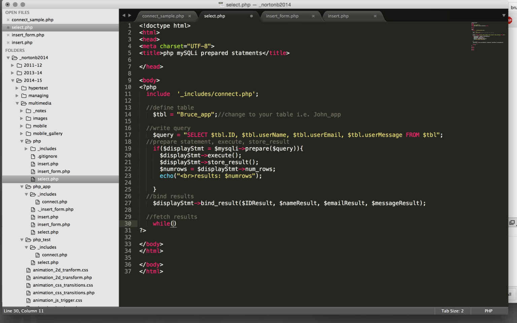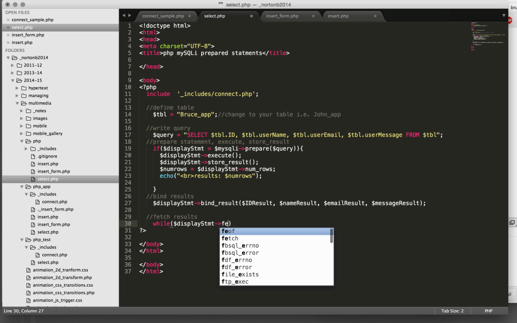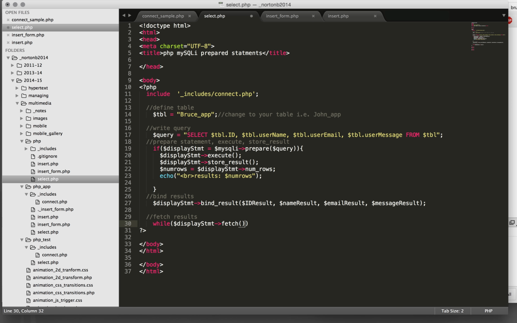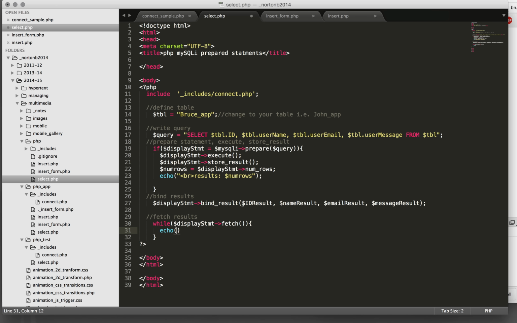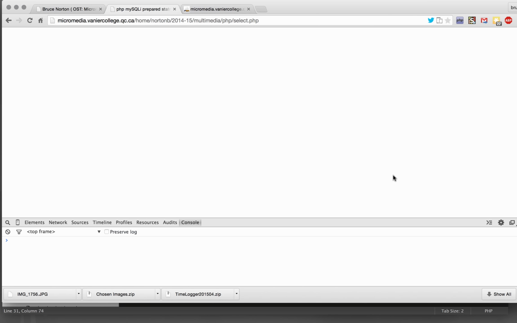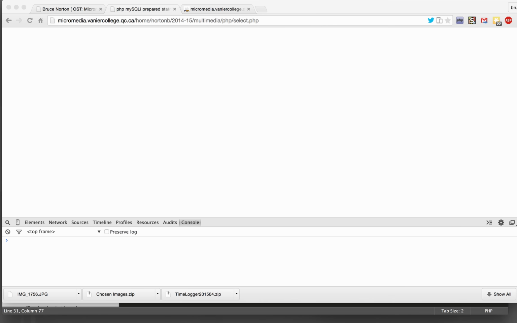So we'll use a while loop, fetching the information, or fetching the rows. We'll just copy this, save it and upload, and we've got an error somewhere. Let's add a semicolon, and let's upload,